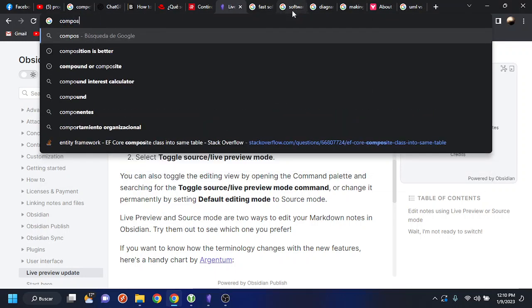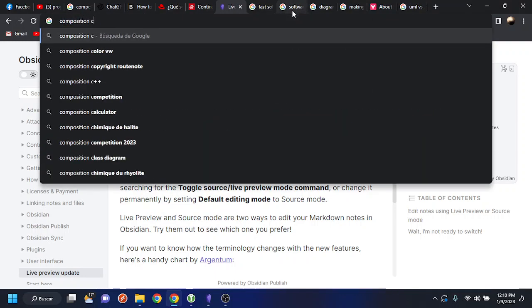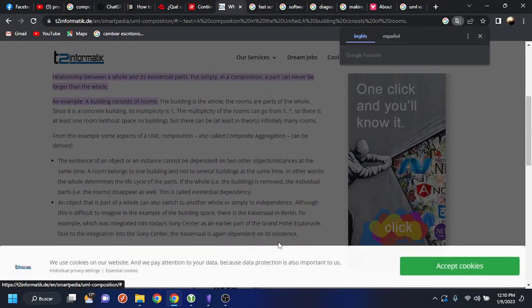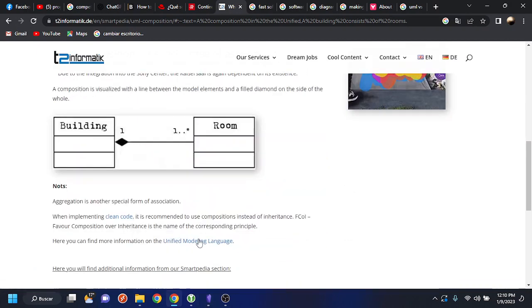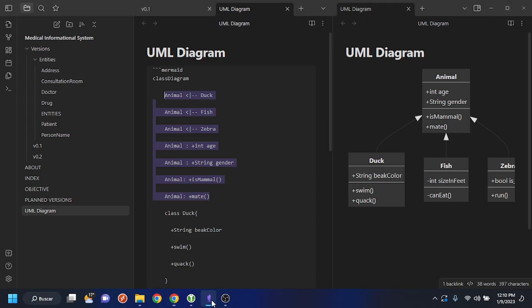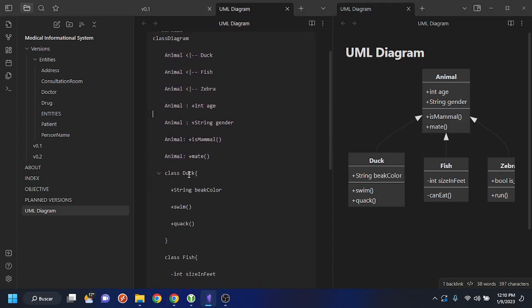Composition. Composition UML. A composition in the Unified Modeling Language is a special case of association. Let me check. Composition, aggregation is another special type of form. All right. I'm going to start with class